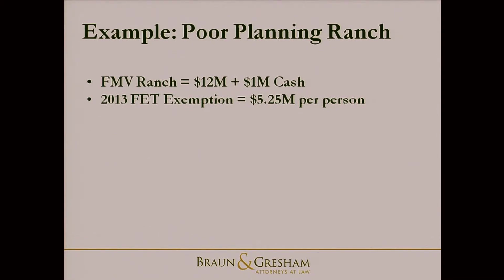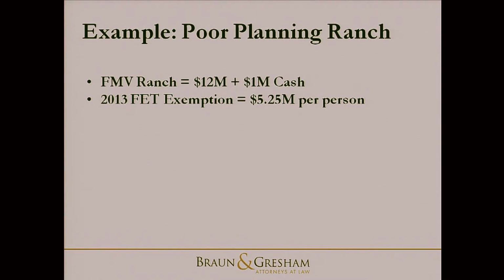This is the poor planning ranch, all right? So these are land-rich, cash-poor clients, landowners. They've got a very valuable piece of property. It's about 1,000 acres up on the Pedernales River. And actually, that $12 million should be $15 million in that case. But they have this ranch. It's the family ranch. It's been in their family for a long time. They got some cash that if they scraped up everything, sold stuff, they could probably come up with $1 million in liquidity. They have this exemption amount.